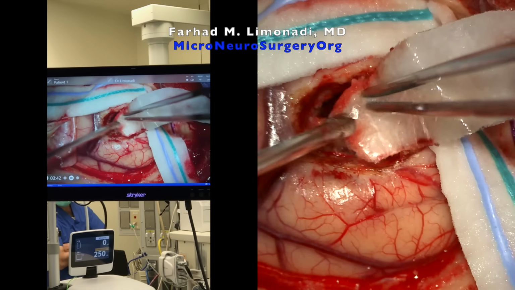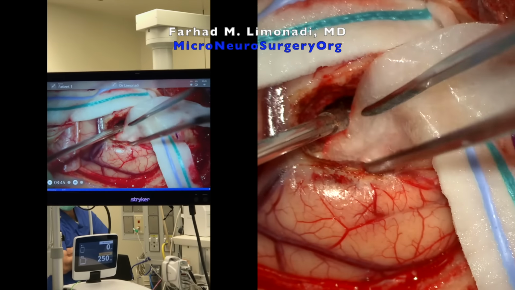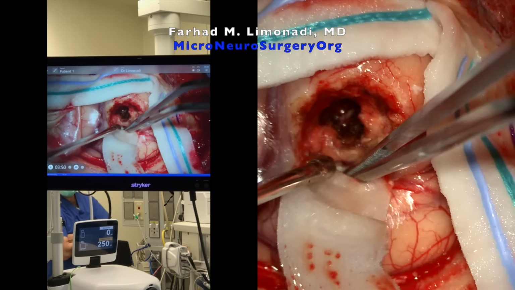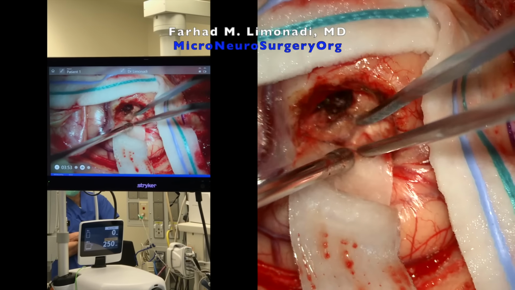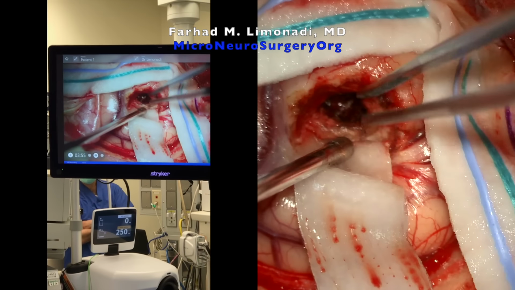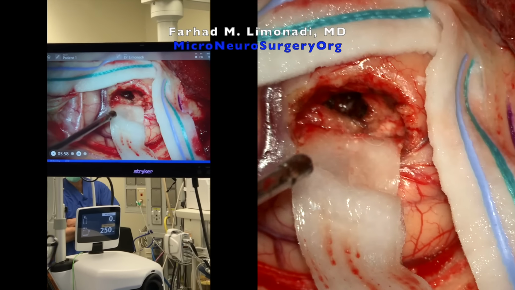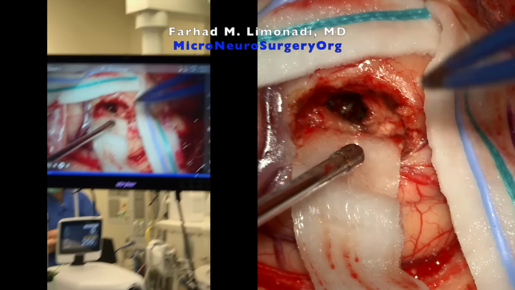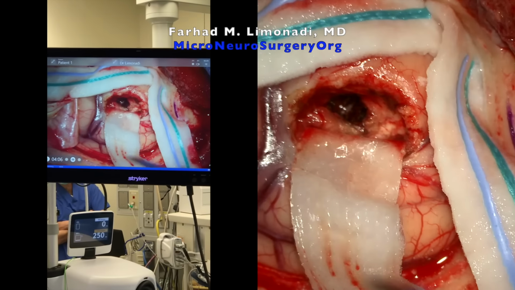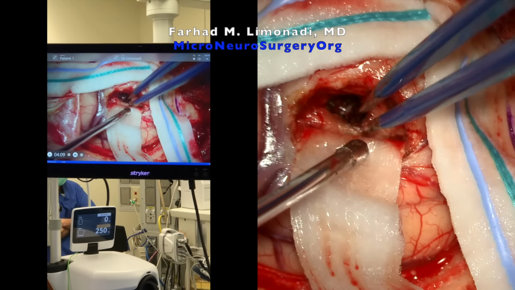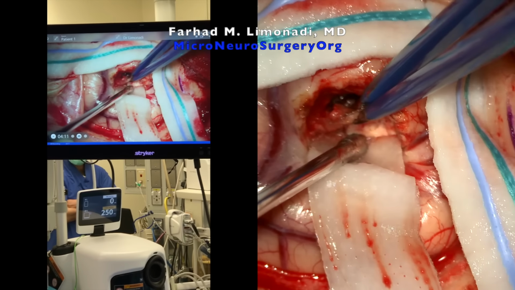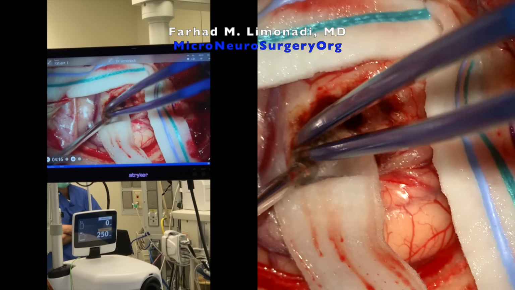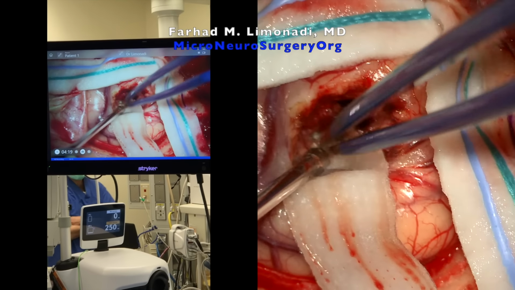If there's any doubt... Looks good. I'm going to pour the capsule, stay away from the brain,